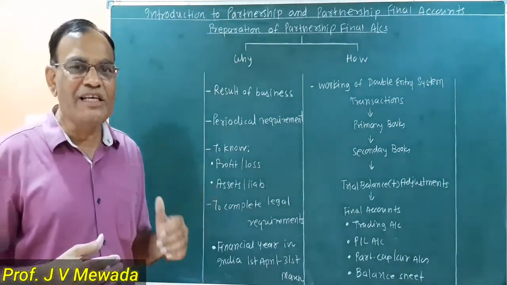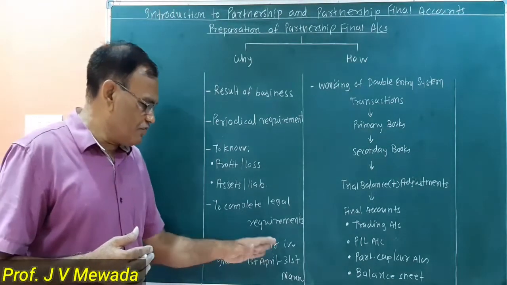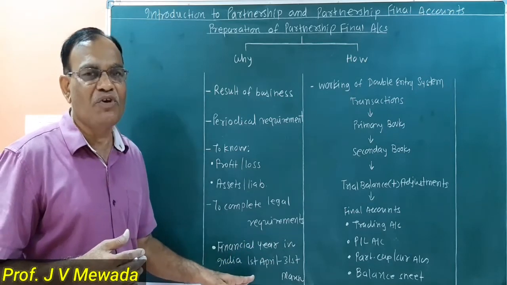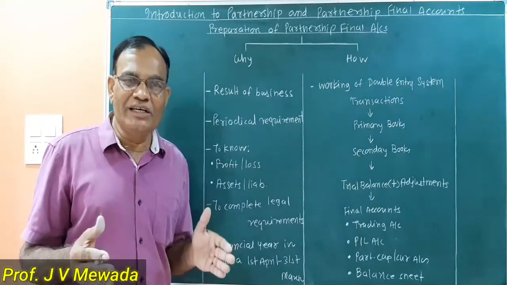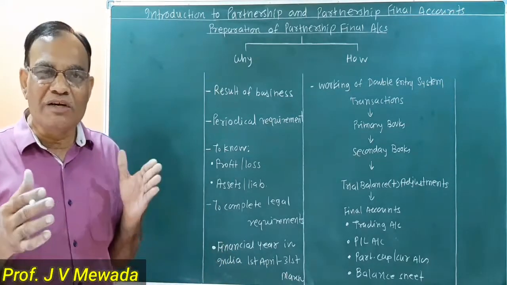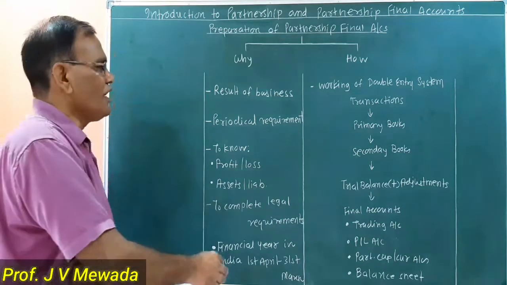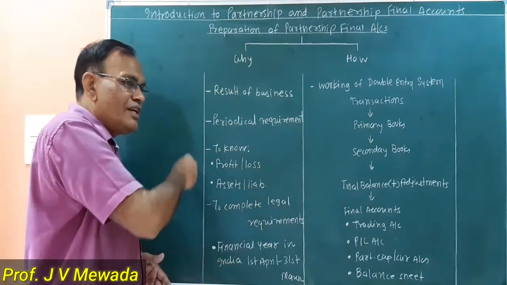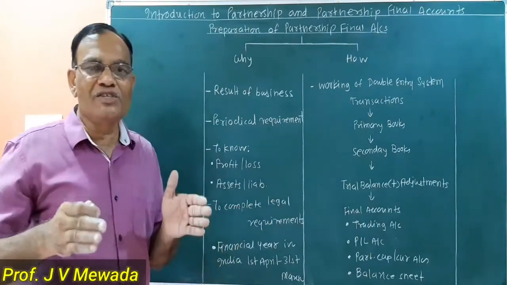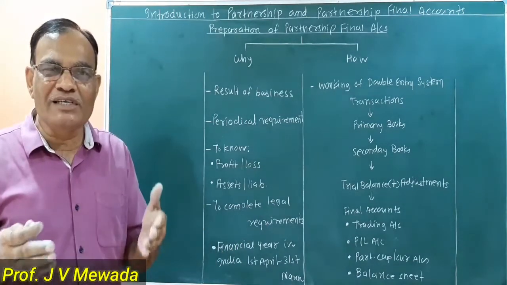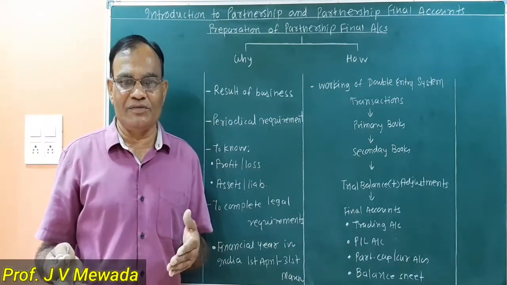and at the same time government has also fixed financial year. In India, the financial year is starting from 1st April and ending on 31st March. So naturally we are also closing our books of account on 31st March every year. So now it is clear that we need to prepare the final account to know the results of business, and after knowing the results, it is easy for us to take managerial decisions.